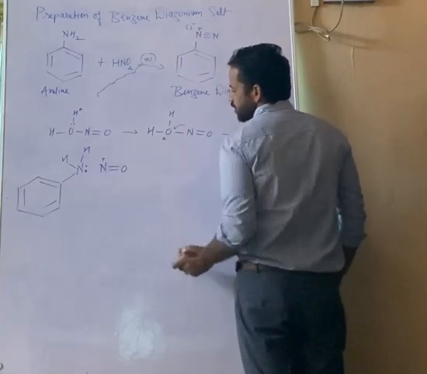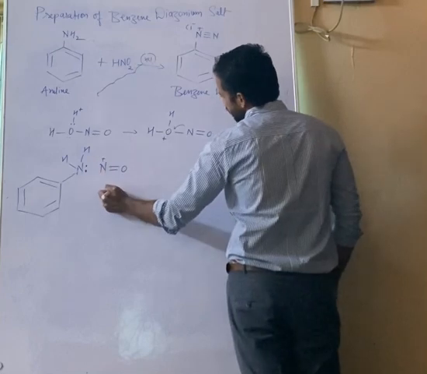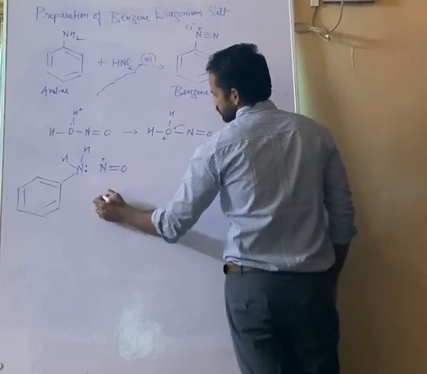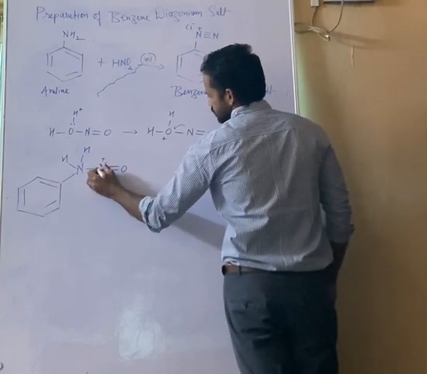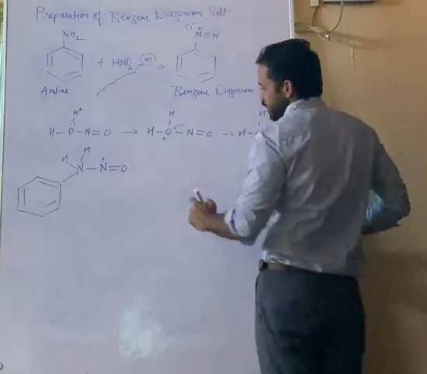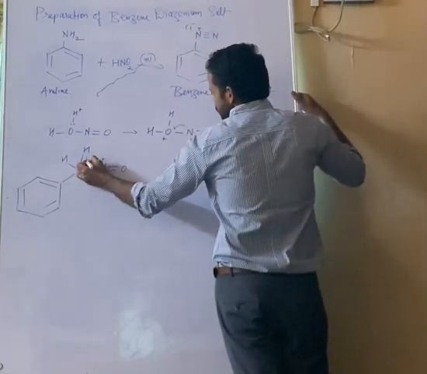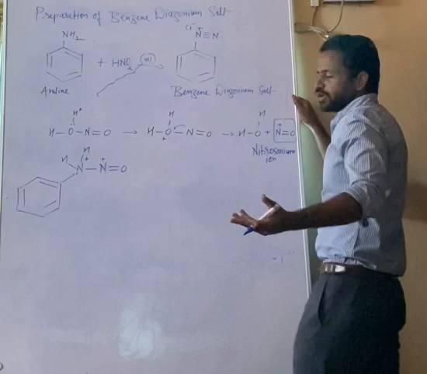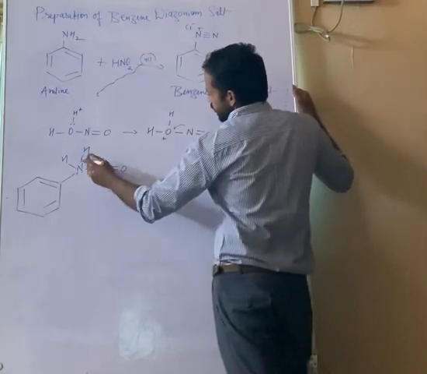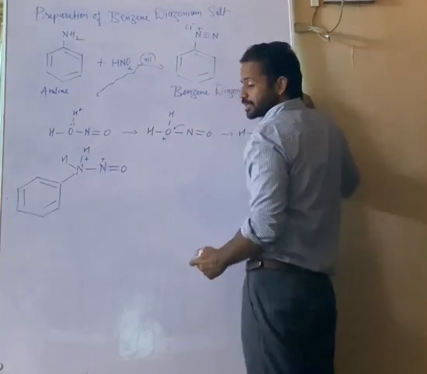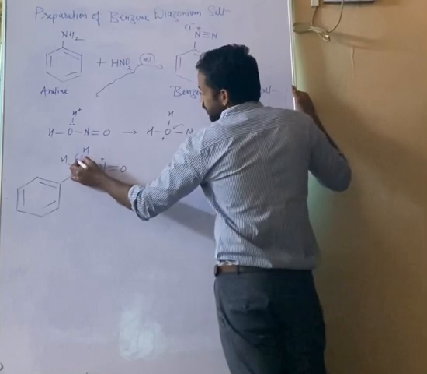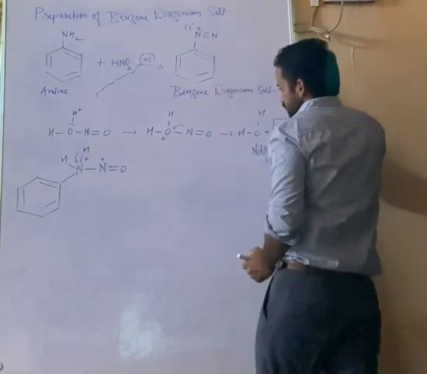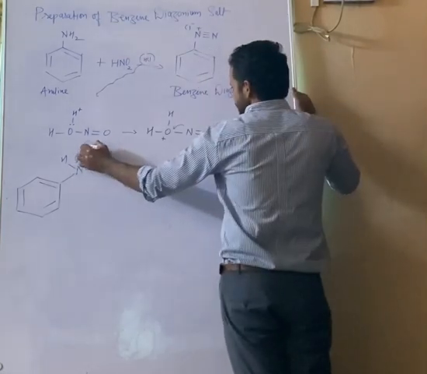So this is in need of electrons, and this aniline will give its lone pair to this. So the lone pair is given to the nitrosonium ion. That's why nitrogen will get a positive charge. If you are giving a lone pair, you will get a positive charge, and due to that, to get rid of this particular plus charge, nitrogen will take the electron from one of the hydrogen atoms. Now this hydrogen can be released as H plus.